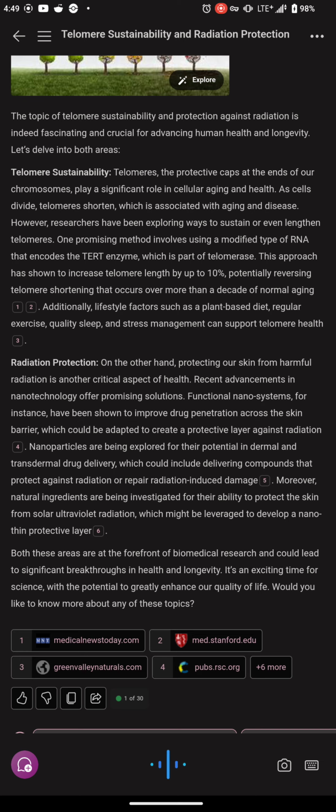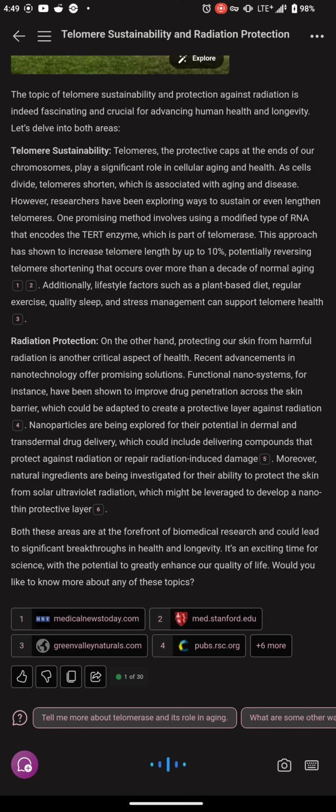Radiation protection. On the other hand, protecting our skin from harmful radiation is another critical aspect of health. Recent advancements in nanotechnology offer promising solutions. Functional nanosystems, for instance, have been shown to improve drug penetration across the skin barrier, which could be adapted to create a protective layer against radiation. Nanoparticles are being explored for their potential in dermal and transdermal drug delivery, which could include delivering compounds that protect against radiation or repair radiation-induced damage. Moreover, natural ingredients are being investigated for their